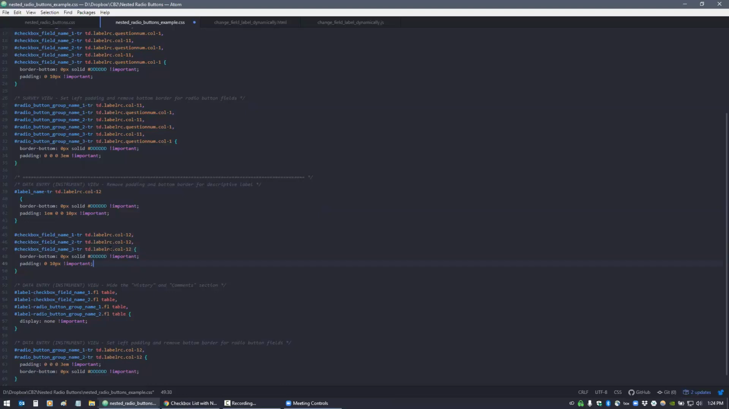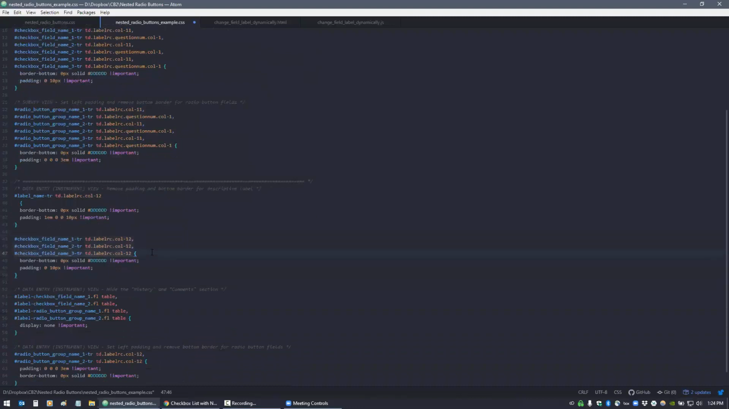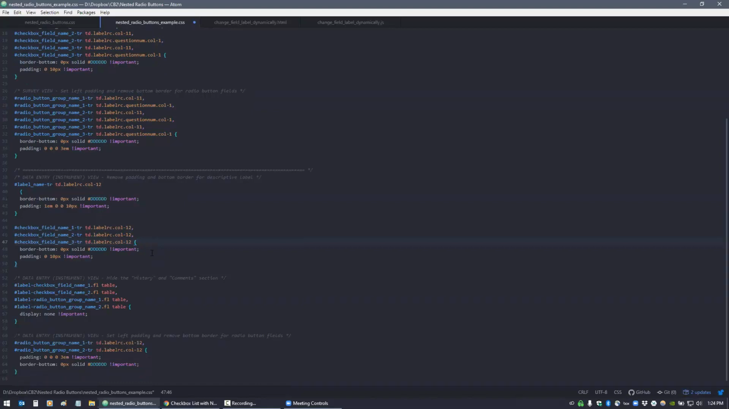Now, same thing, I'm applying the same rule to the border and the padding, so really I could just put all this together with this. I've separated it for you just so you can see the difference between the survey and the instrument. But you know, if you're doing this yourself, you don't have to duplicate these rules. And then the other big thing is that